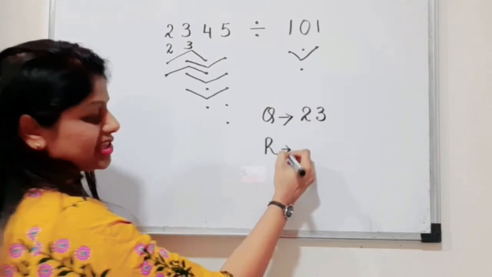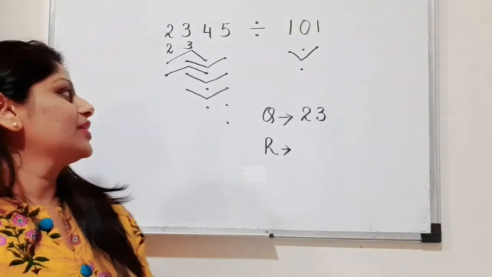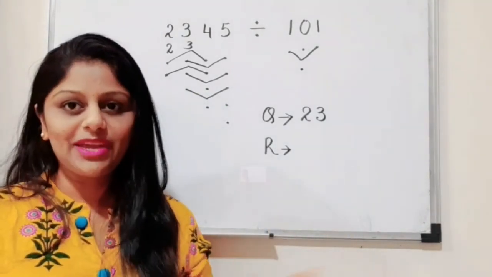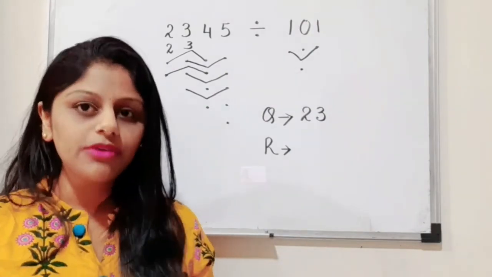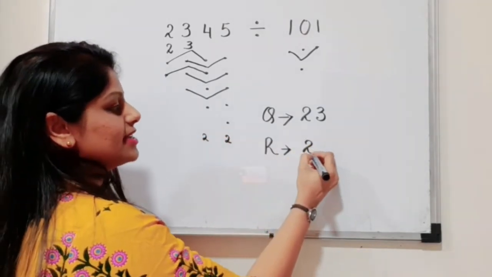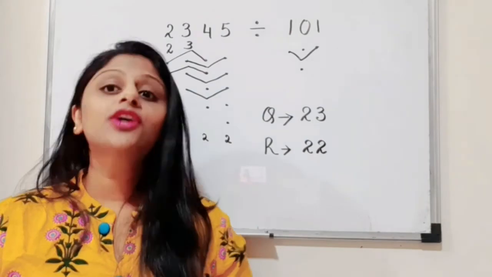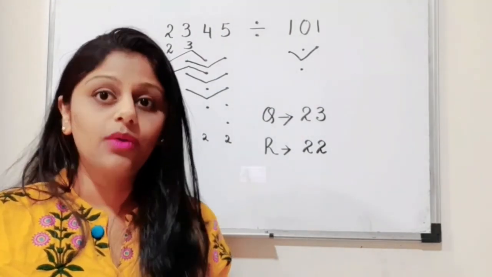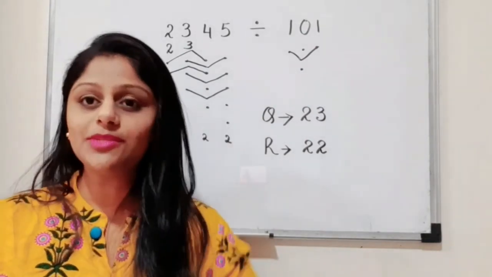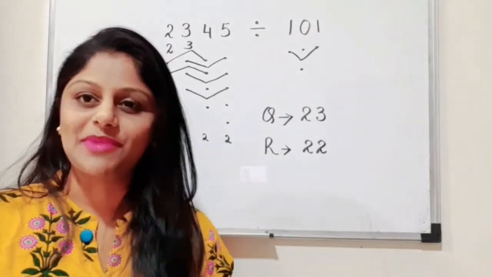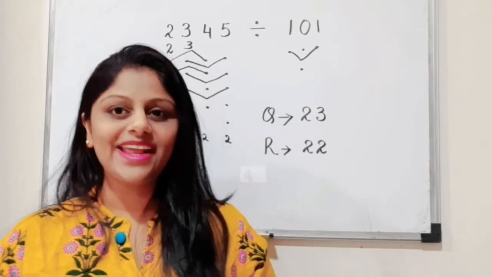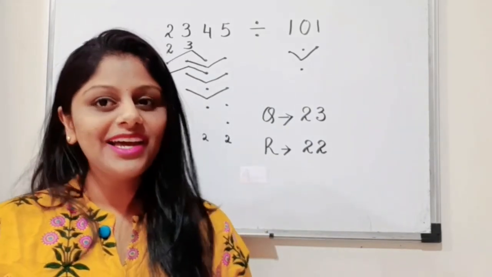And for the remainder, let's check what is our remainder. You can see in this column we have 2 dots remaining, and in the last column we have 2 dots remaining. So we will not add it all up and write number 4. What you have to write is, in this we have 2 and in this we have 2. Therefore, our remainder is number 22. So never add up the numbers and write the remainder. We have to take 2 dots from this and 2 dots from this, because they are 2 different columns. Therefore, we will write the remainder as number 22. Therefore, our answer for 2345 divided by 101 is number 23, giving a remainder number 22.